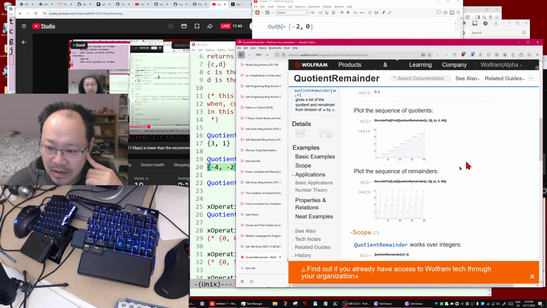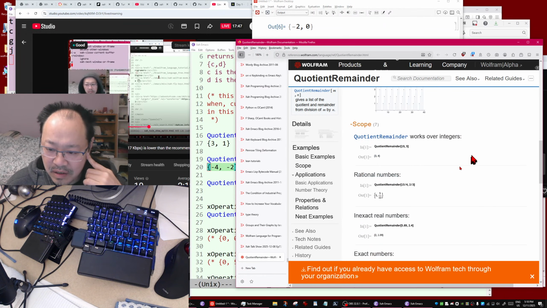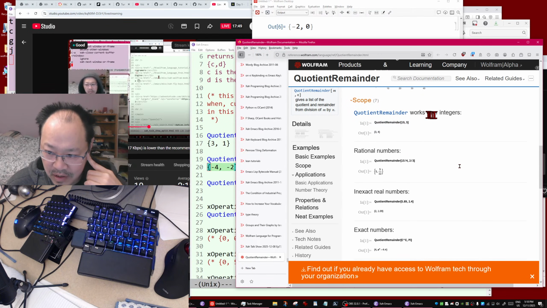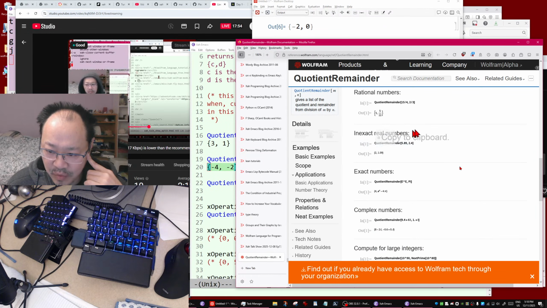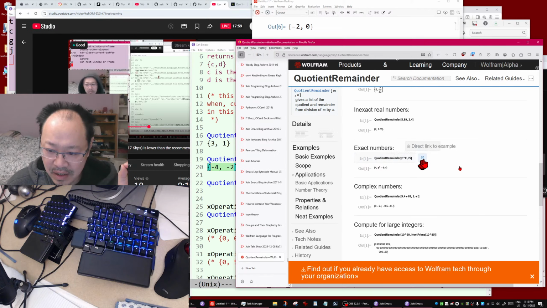Okay, anyway. So plot the sequence scope. Quotient remainder works over integers. That's right. Rational numbers, inexact real numbers. Okay, that also works. Exact numbers. Okay, you can also use